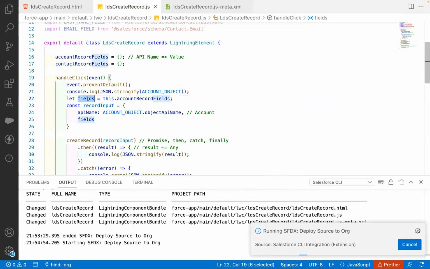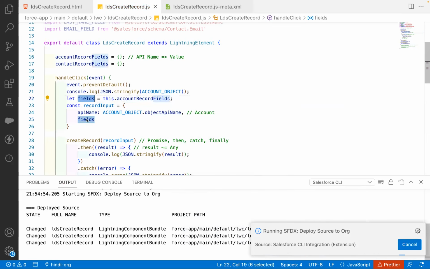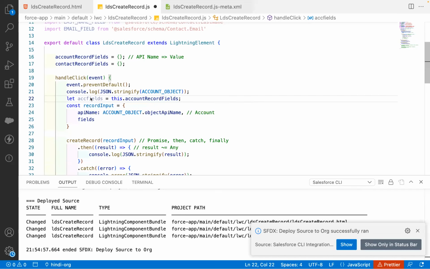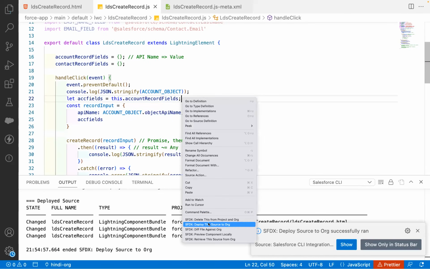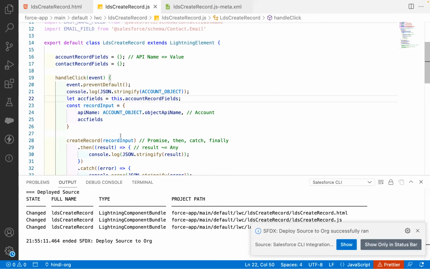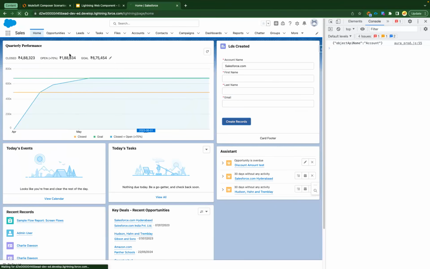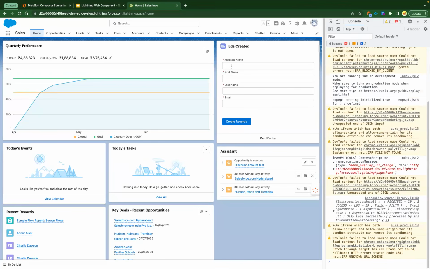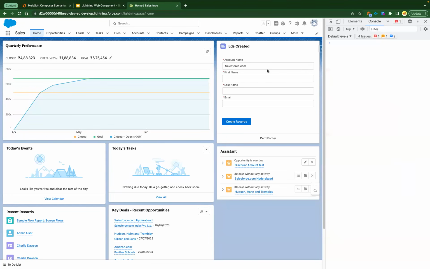So we have just created a variable which says fields. I'm going to change it to something else, the reason being I wanted to showcase something. Instead of fields, I said ACC fields. Let's see what happens. Okay, so let's refresh this page. I've got salesforce.com. If I click on create record,